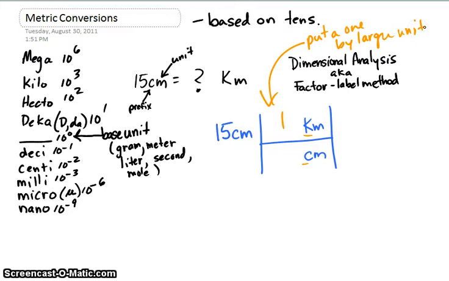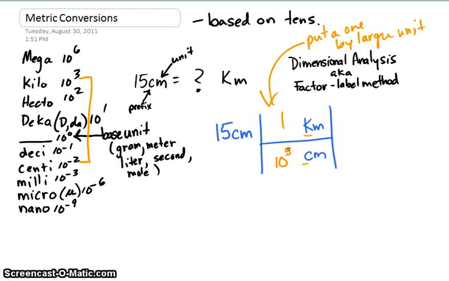Now, what do we do with the other unit? The other unit, you just have to put the difference in the powers. So as a power of 10, this is going to be 10 to the something. Put the difference between the two prefixes. What is the difference between kilo and centi? Now this is like a number line, so be careful. Don't tell me 1. Do not say 1. Do not think 1. What's the difference between 3 and -2? Did you say 5? If you did, that's correct. 3 minus -2 is 5. So I put a 5